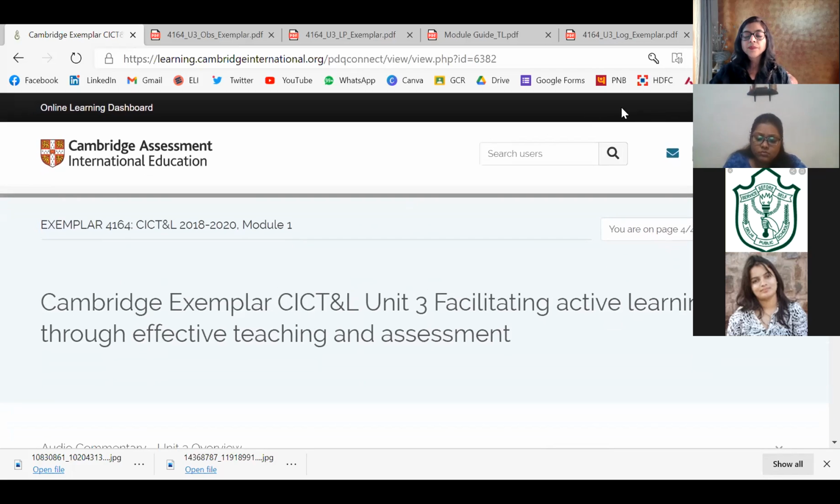Now all of these exemplars are there with you. All of you are on the PDQ Connect, so you can easily reach these exemplars and see what is written here before you start attempting your work. Most of you have done your evidence of learning and evidence of reflection for unit 1, and evidence of learning for unit 2, but not the other things, right? So that is something we now have to start working on.